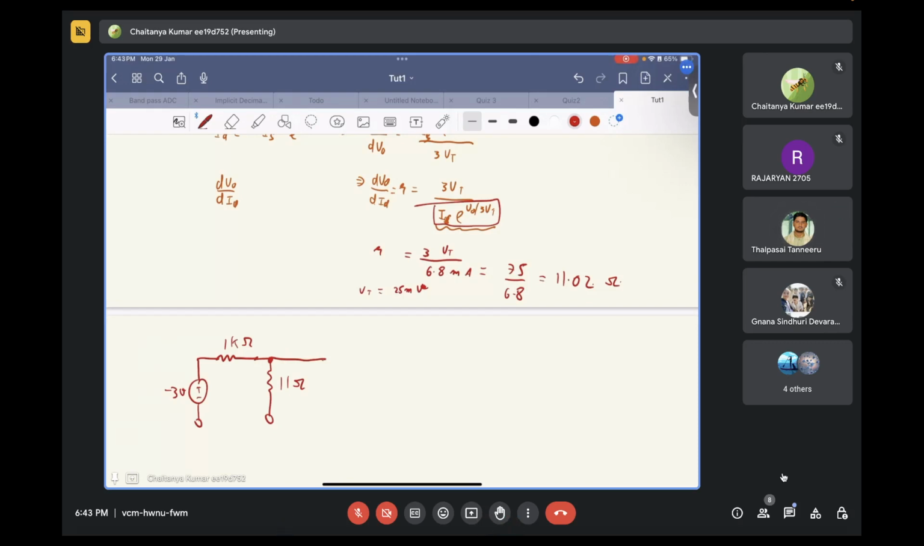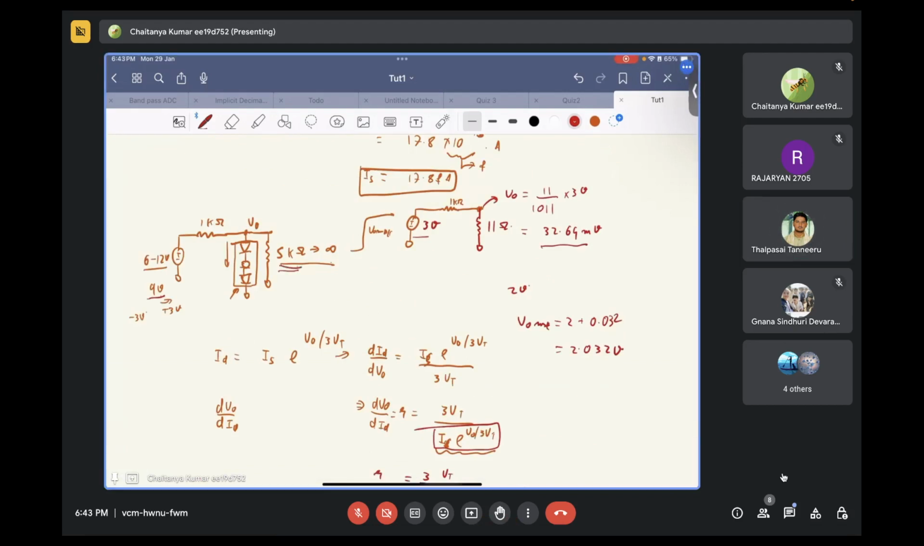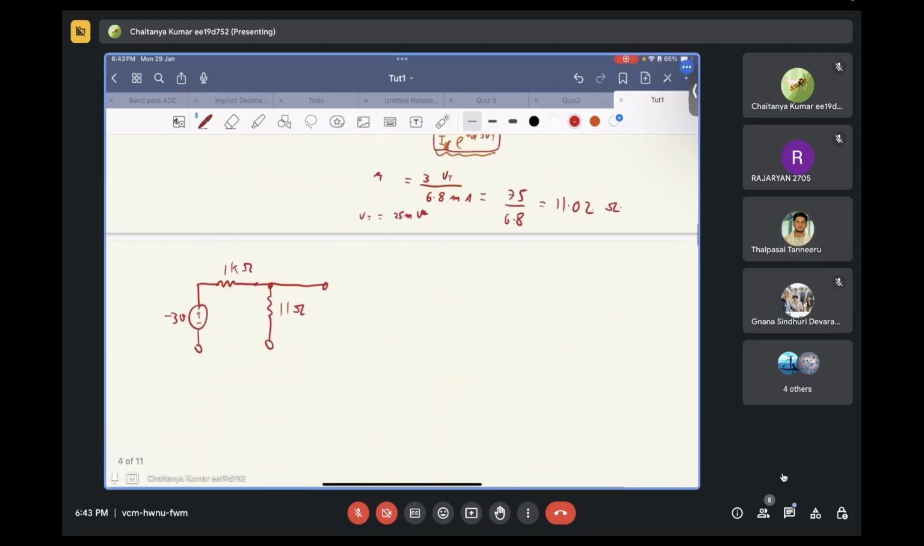Sir, it should be low resistance, sir. Low resistance, and the lowest resistance that was given was 5 kilo ohms. Okay,